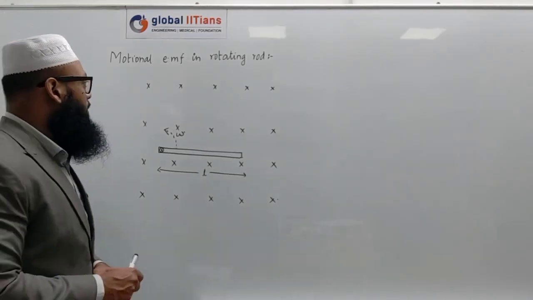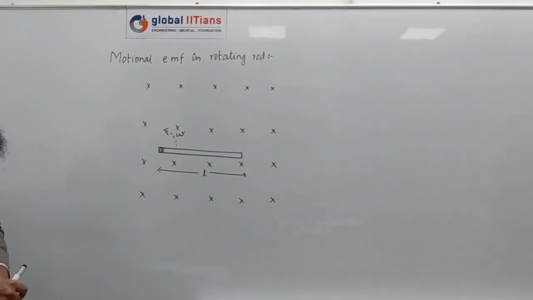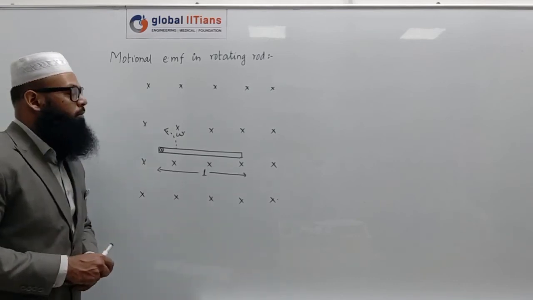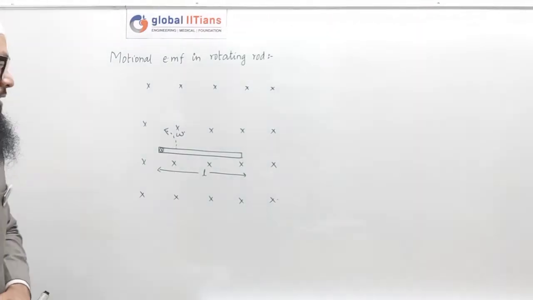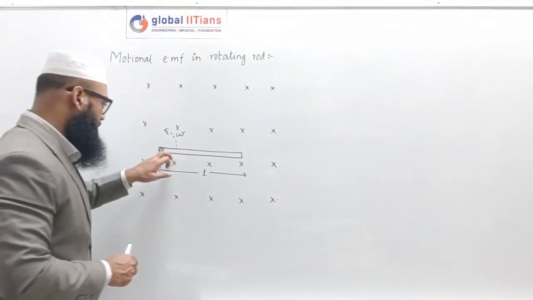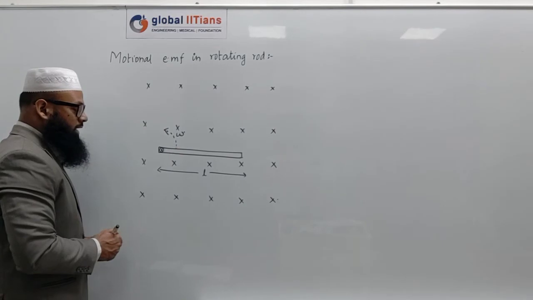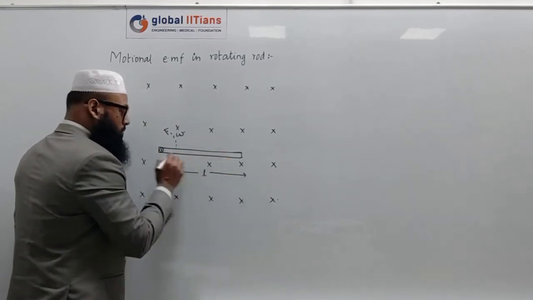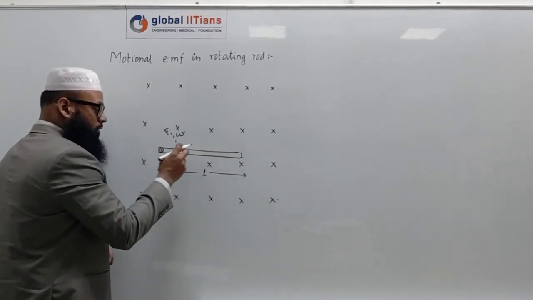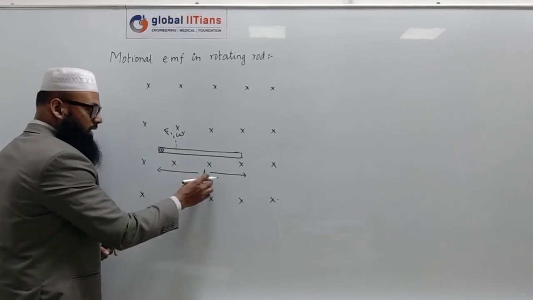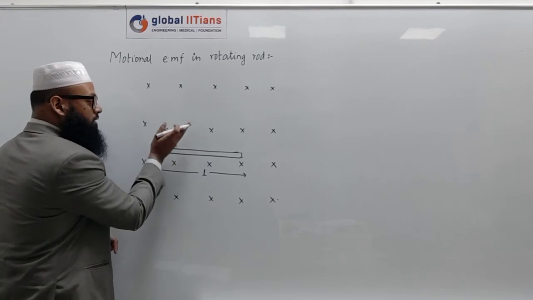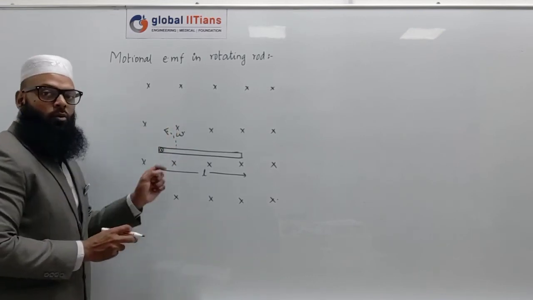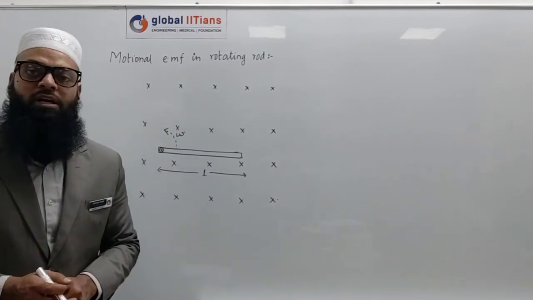So yet another important question that is asked in CBSE term 1 is: what is the motional EMF in a rotating rod placed in a uniform magnetic field? First of all we will try to understand what this setup is. They are telling that there is a uniform rod having a length L, and it is pivoted about this point and is made to rotate with some constant angular velocity omega in a uniform magnetic field placed inside